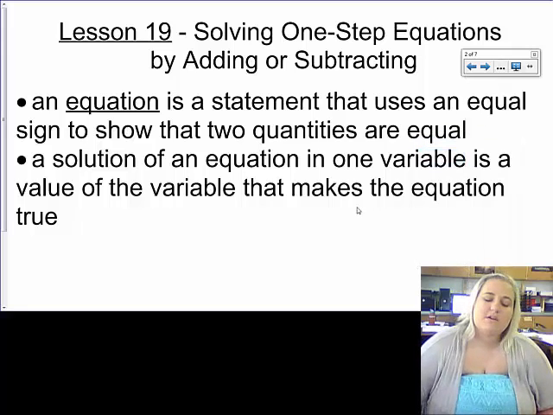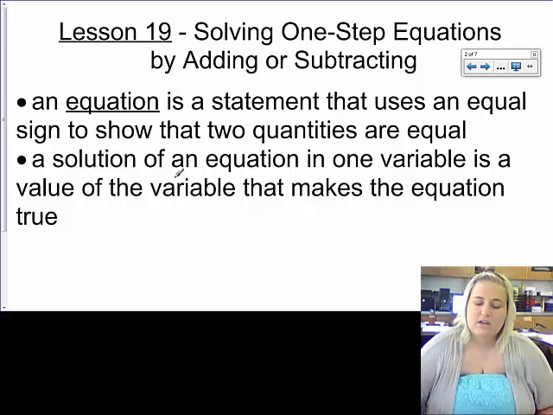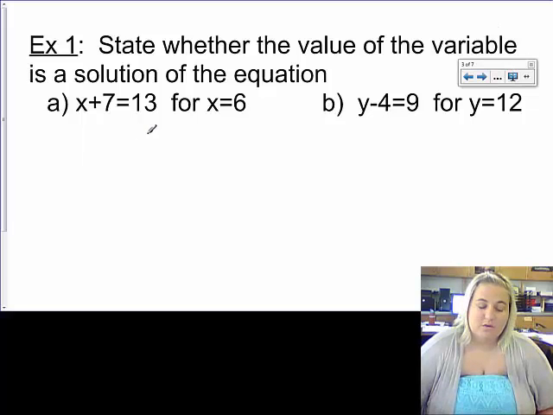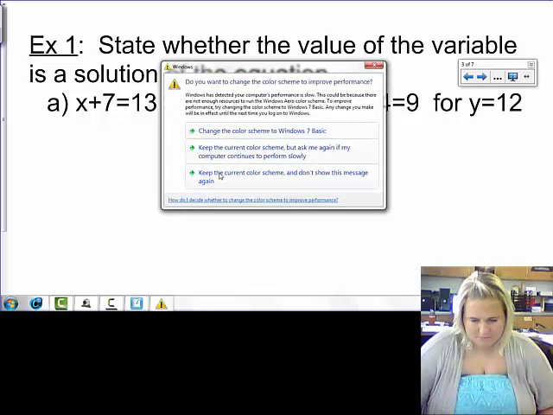Sometimes we get confused between equations and expressions. An expression does not have an equal sign where an equation does. Okay, a solution of an equation in one variable is a value of the variable that makes the equation true. So, for example, it says, state whether the value of the variable is a solution for the equation. So, to tell whether or not this works, we can